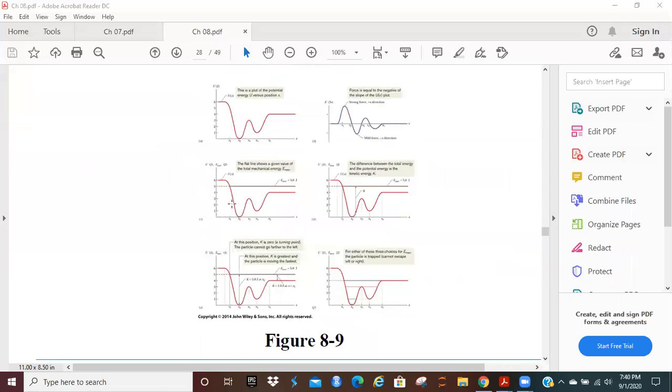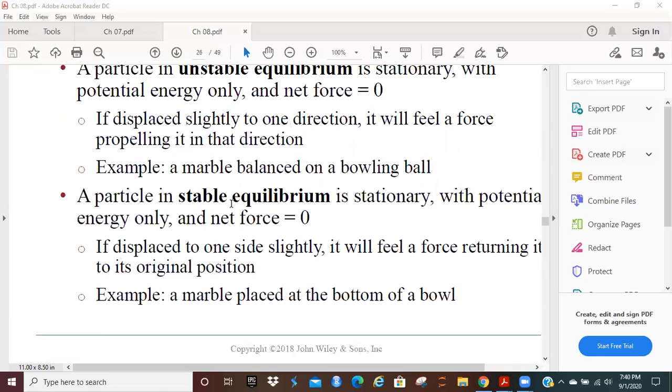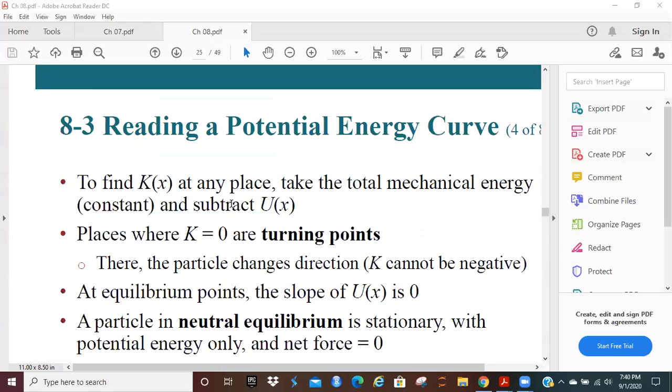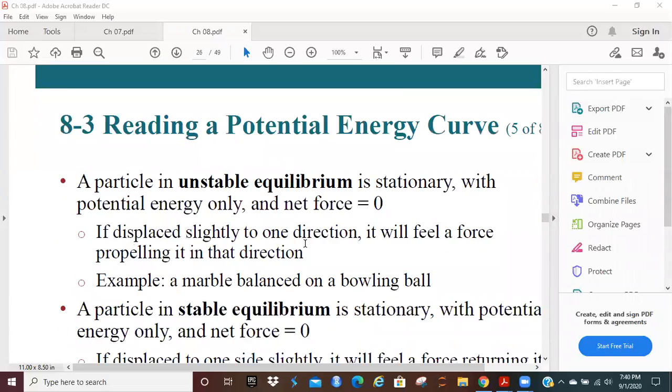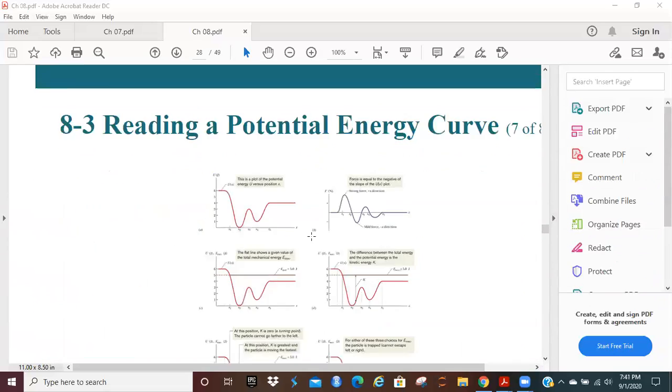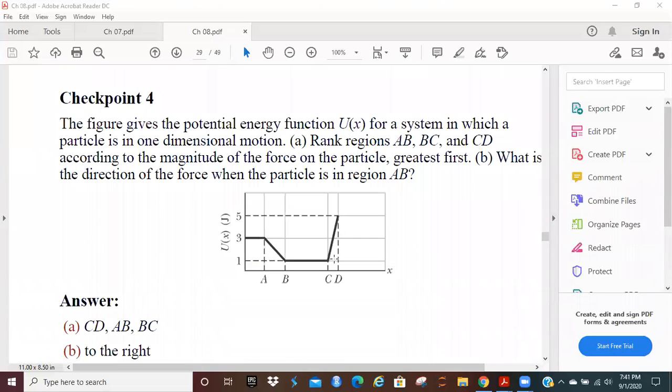So that's 29. Let's go back and look at the definition here. Force is going to be equal to minus the derivative of this. If that's the case, then force in this particular case is going to be the slope of this particular line. And here we're simply interested in the magnitude of that particular force. So if the force of this particular line is going to be the slope,